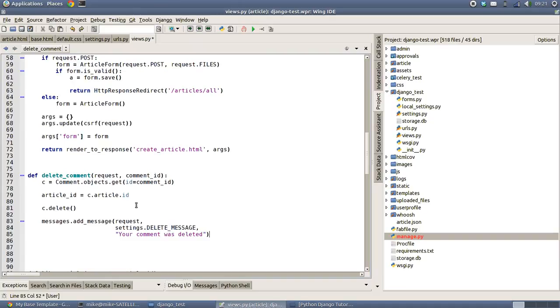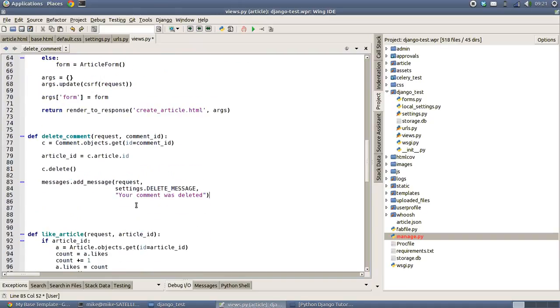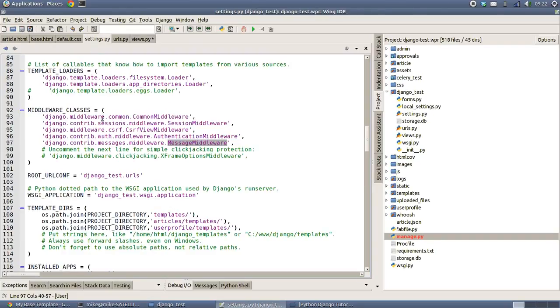Then we're going to add our first message. Now we're going to use our custom message identifier. So we're going to use messages add message with a copy of the request to attach to the HTTP request, so that when it passes through, it actually passes through this message too. So from our settings module, we're going to use the delete message, and that's the one we defined just here in our settings.py,